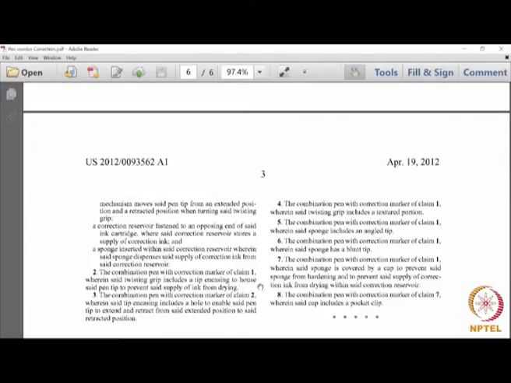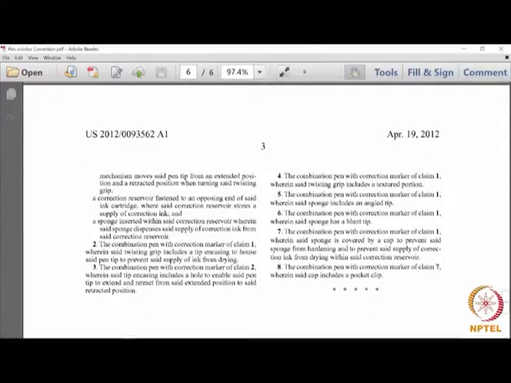Now claim 5, a combination pen with correction marker of claim 1, wherein the said sponge includes an angled tip, again a small modification to the existing invention, claim 1. Claim 6, the combination pen with correction marker of claim 1, wherein the said sponge has a blunt tip.